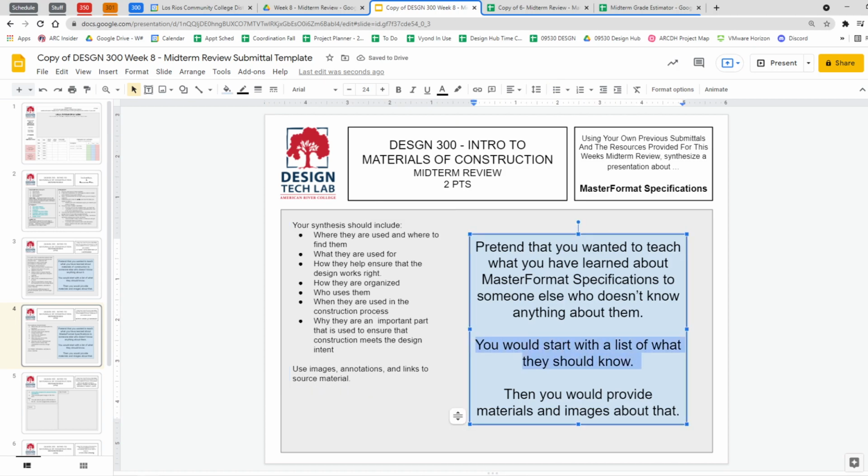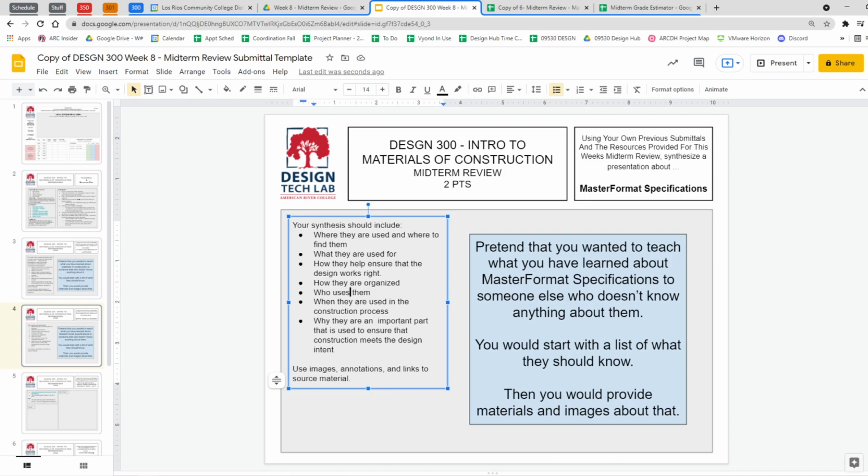You do a little piece at a time. You get started with, okay, what should they know? And then think about it a little bit more. And maybe they need to know this. And then what do you have that tells you about that already? Okay. And so your synthesis might include, again, who, what, where, when, and why, where they're used and where to